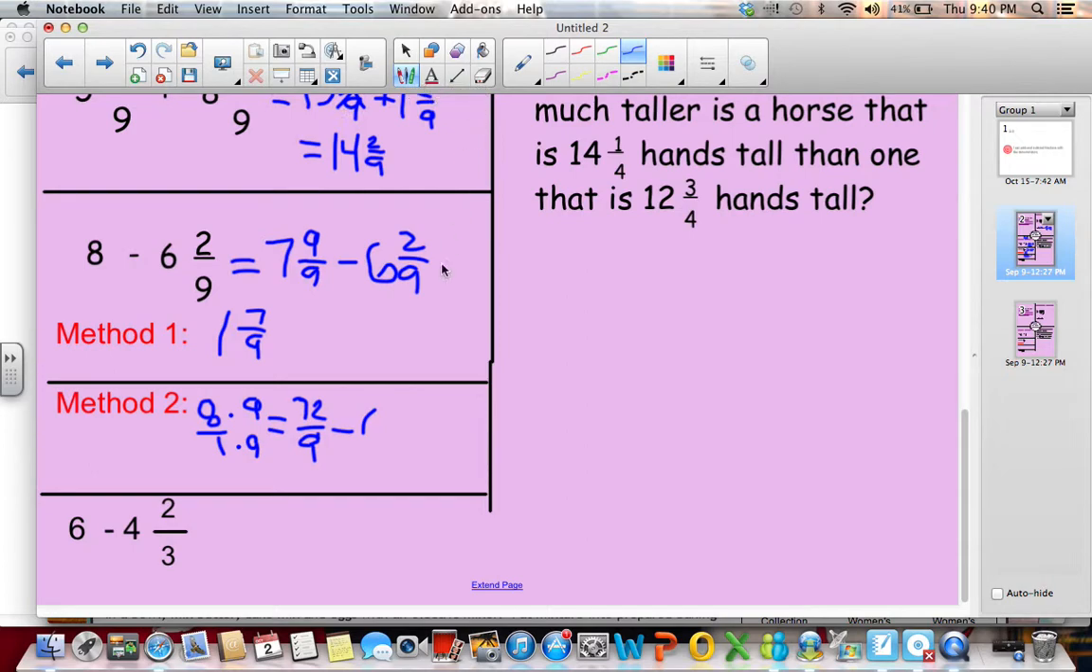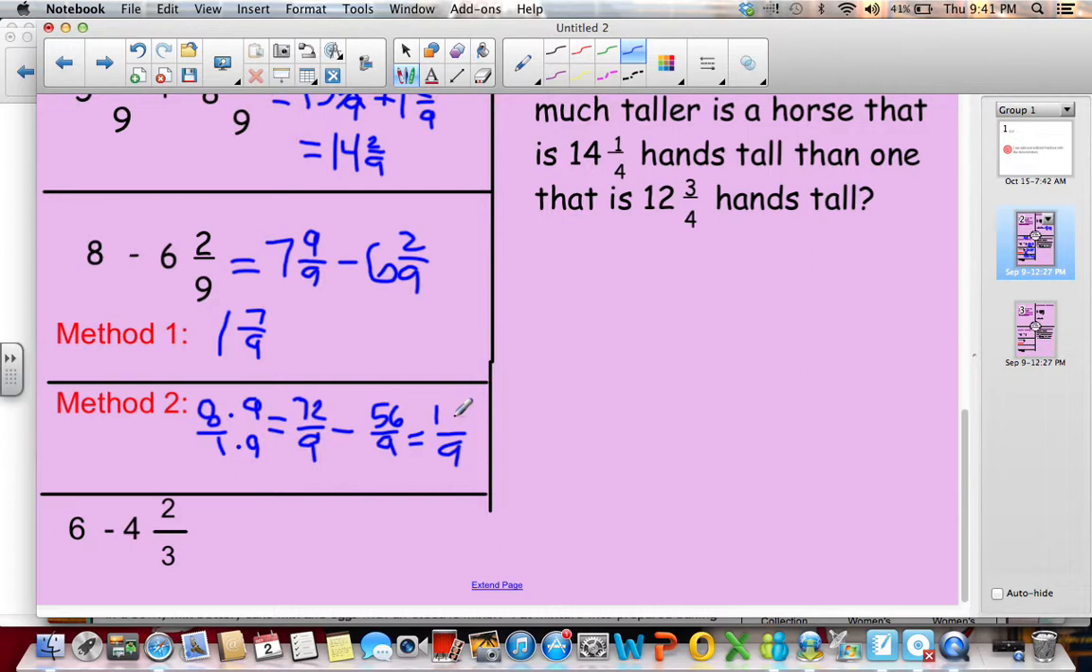oops, not 6 and 2/9, I forgot. We need to convert this to an improper fraction as well. So 9 times 6 is 54, plus 2 is 56. So 72/9 minus 56/9. I keep my denominator as 9. 72 minus 56 is, 72 minus 10 is 62, and then I subtract 8 more, so 72 minus 56 is 18,